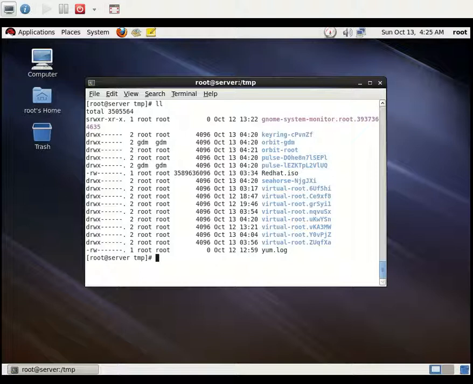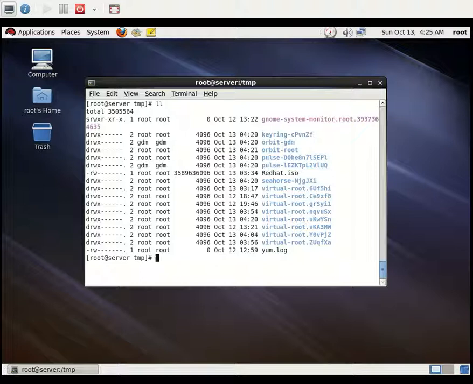But I am going to mount the ISO file and create the repository from that, because if we copy and put the packages somewhere, some of them used to go missing and get messed up. I don't want to face that issue. So I'm going to mount the ISO file. Let me mount the ISO file.